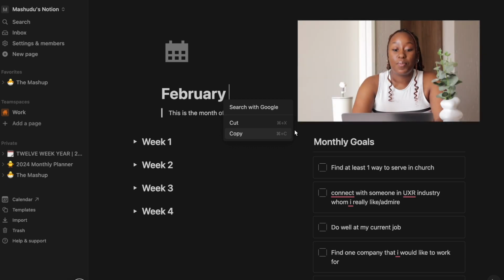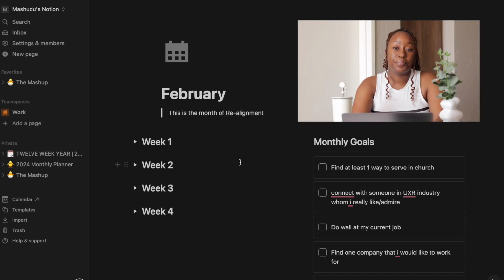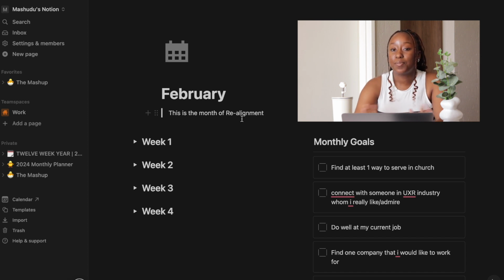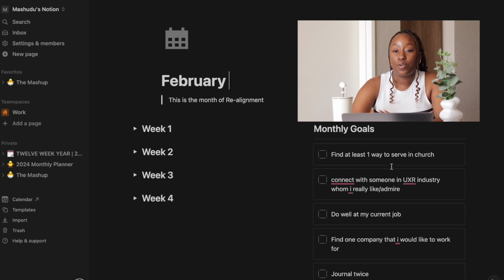But lucky enough I did, and just to show you a glimpse of what it looks like, this is how my old one looks. As you can see, we were in Feb, and here at the top I write my monthly motto, like a quick line that can help me feel inspired or just stay focused on that month. On the month of Feb last year, it was, this is the month of realignment, and if you can see on my right, this was where I wrote my goals of that month,